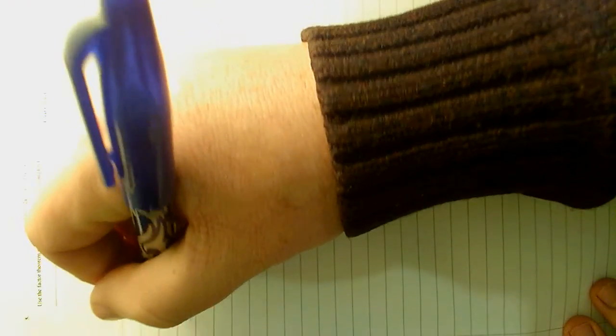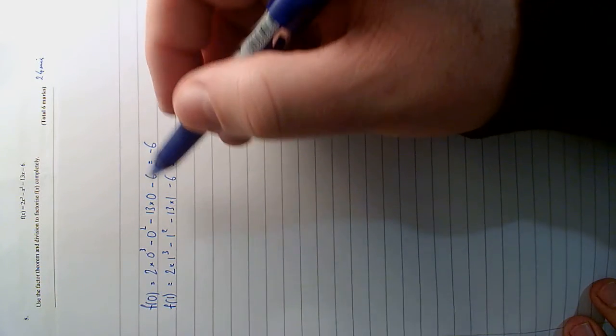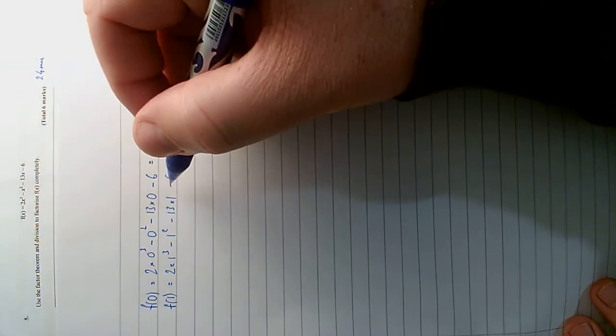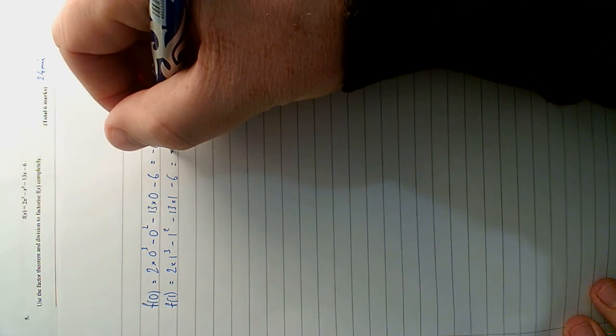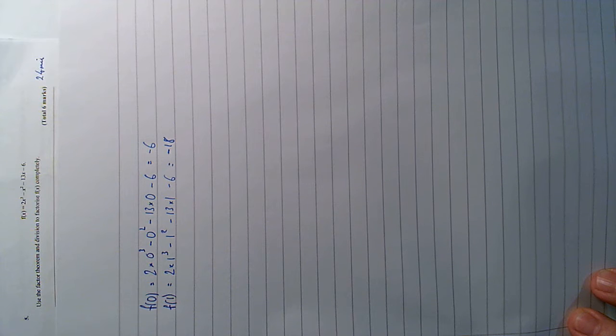And we might try f of 1. It's going to give us 2 minus 1, so 1, minus another 13, so minus 12, minus 6 is minus 18. And at that point we might want to use the calculator just to